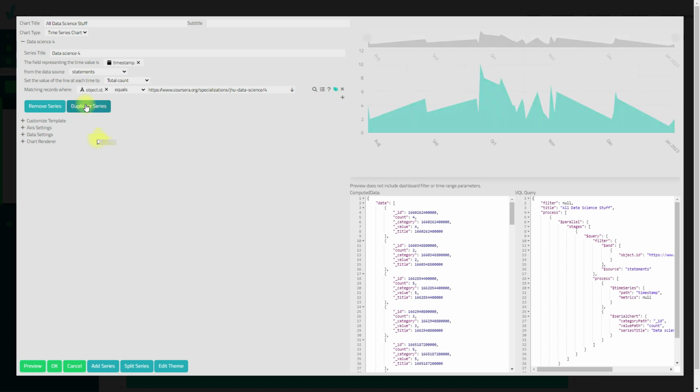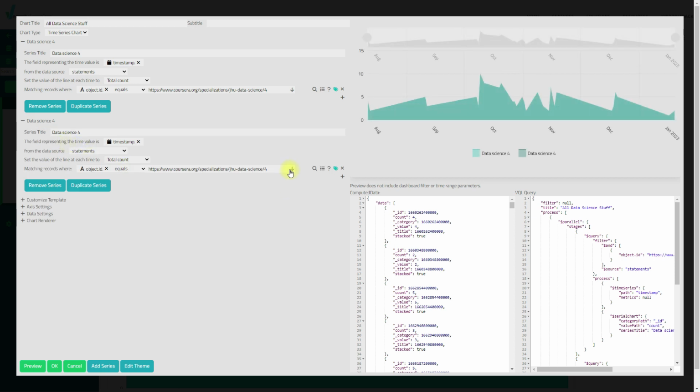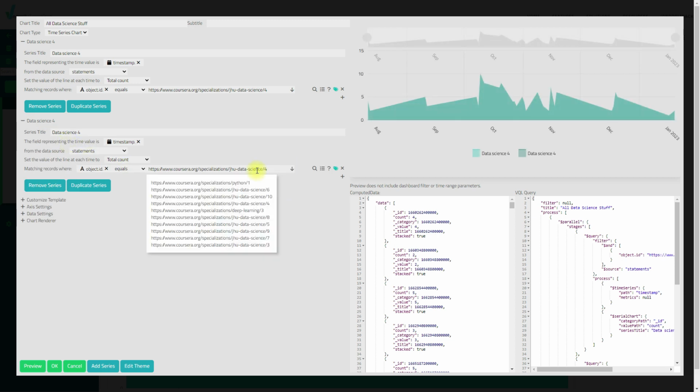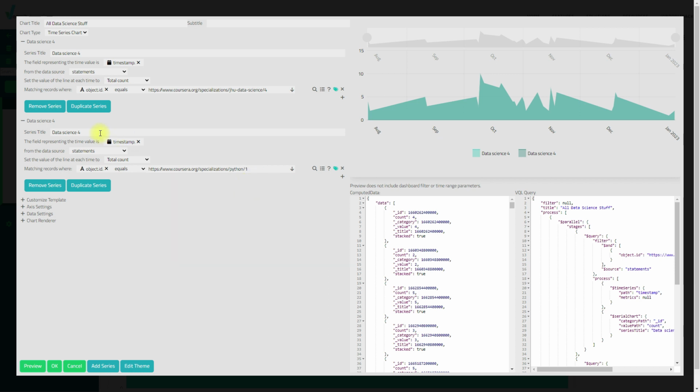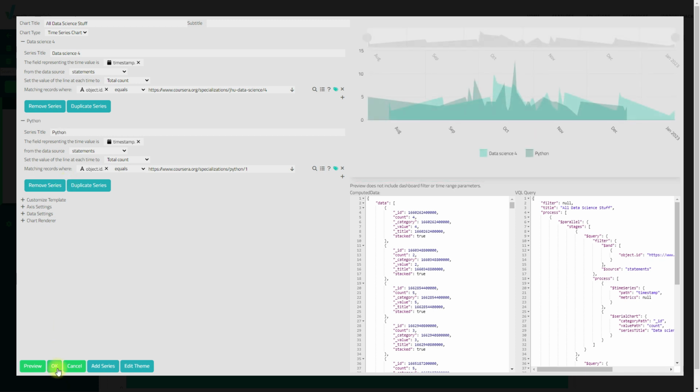And then we could duplicate this series. So duplicate what's on here. It'll add this new series down here. And this time, instead of it being where the object ID is Data Science 4, let's pick, I don't know, Python. We'll call this series Python. So now, if we go ahead and add this one,